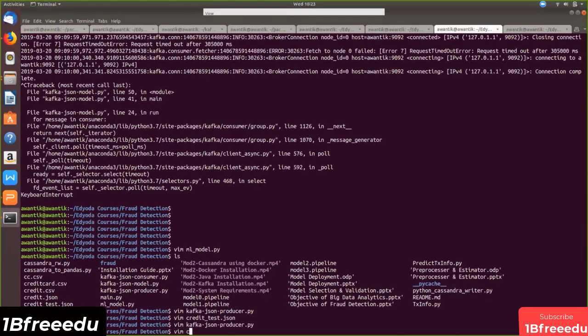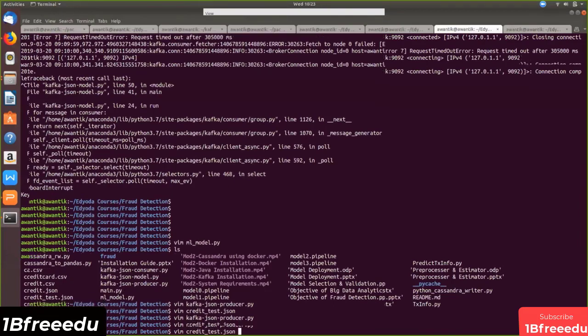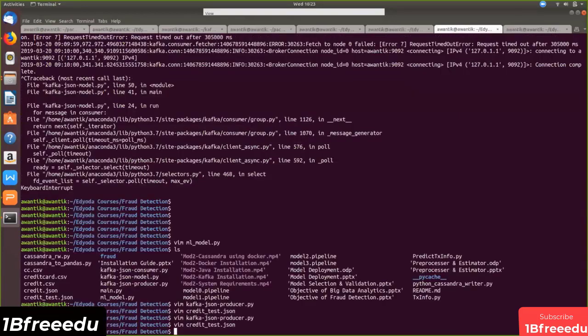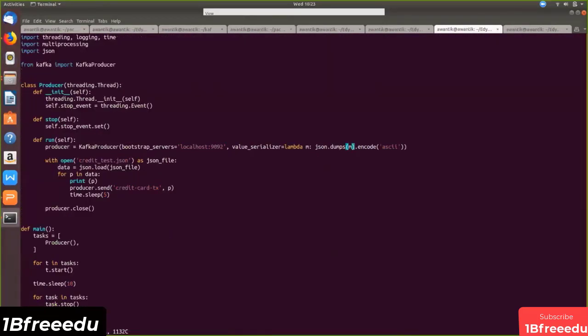Let's see the transaction record. There's some content which does not have the class in it. Of course, new transaction, right? It does not have class, but everything is in JSON. And you need to use Kafka producer to serialize this JSON and send it to Kafka server. You're reading one line of the file and sending the transaction after every 5 seconds, as you can see. This is a simple simulation of Kafka producer. You can say after every 5 seconds, somebody is swiping their credit card and the messages are going to the Kafka server. Clear?